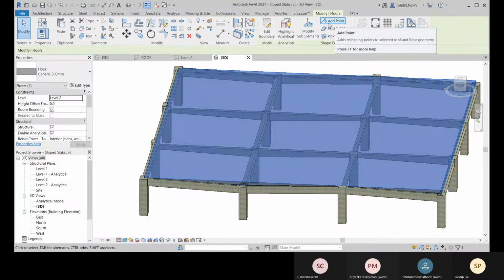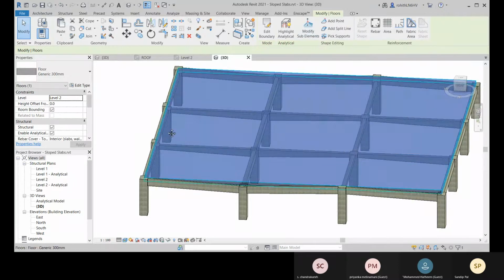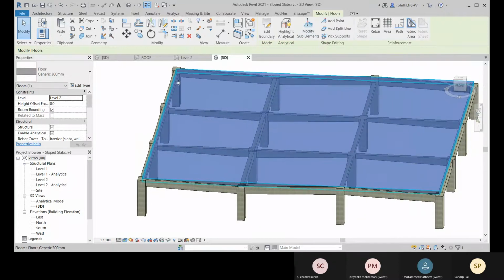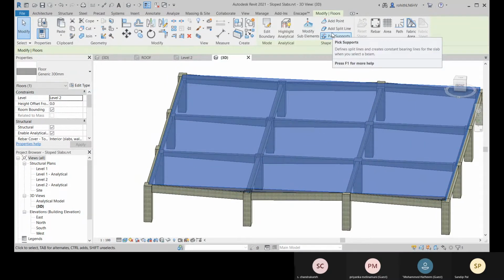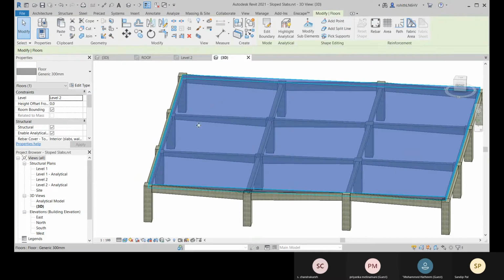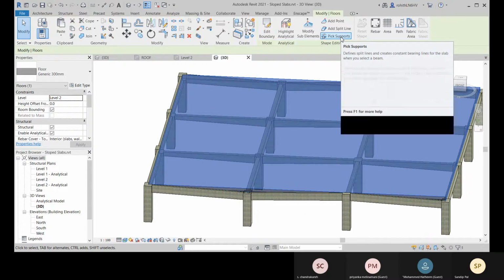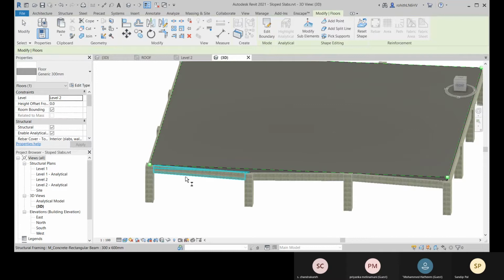there you know that we can change these points. This option we have seen in our architectural floor, right? While we were learning about the floor in Revit architecture, we have changed these modifiers. So right now I will not go with these points because I have to make so many adjustments. It will take time. So I have supports. So if you go for this pick support option, you just have to select your supports.